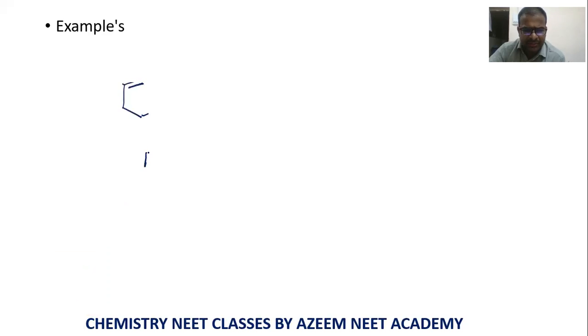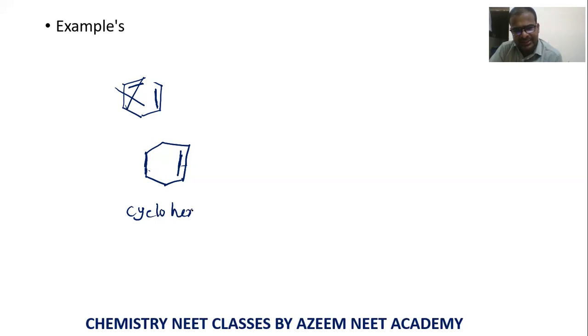Suppose I'm taking over here, I'm writing here, cyclohexene. You know very well it is cyclic as well as hexane, 6 carbons are there, but a double bond is there. As it is having a double bond, it is cyclohexene. So when you take cyclohexene and do hydrogenation in the presence of one catalyst, platinum or palladium,